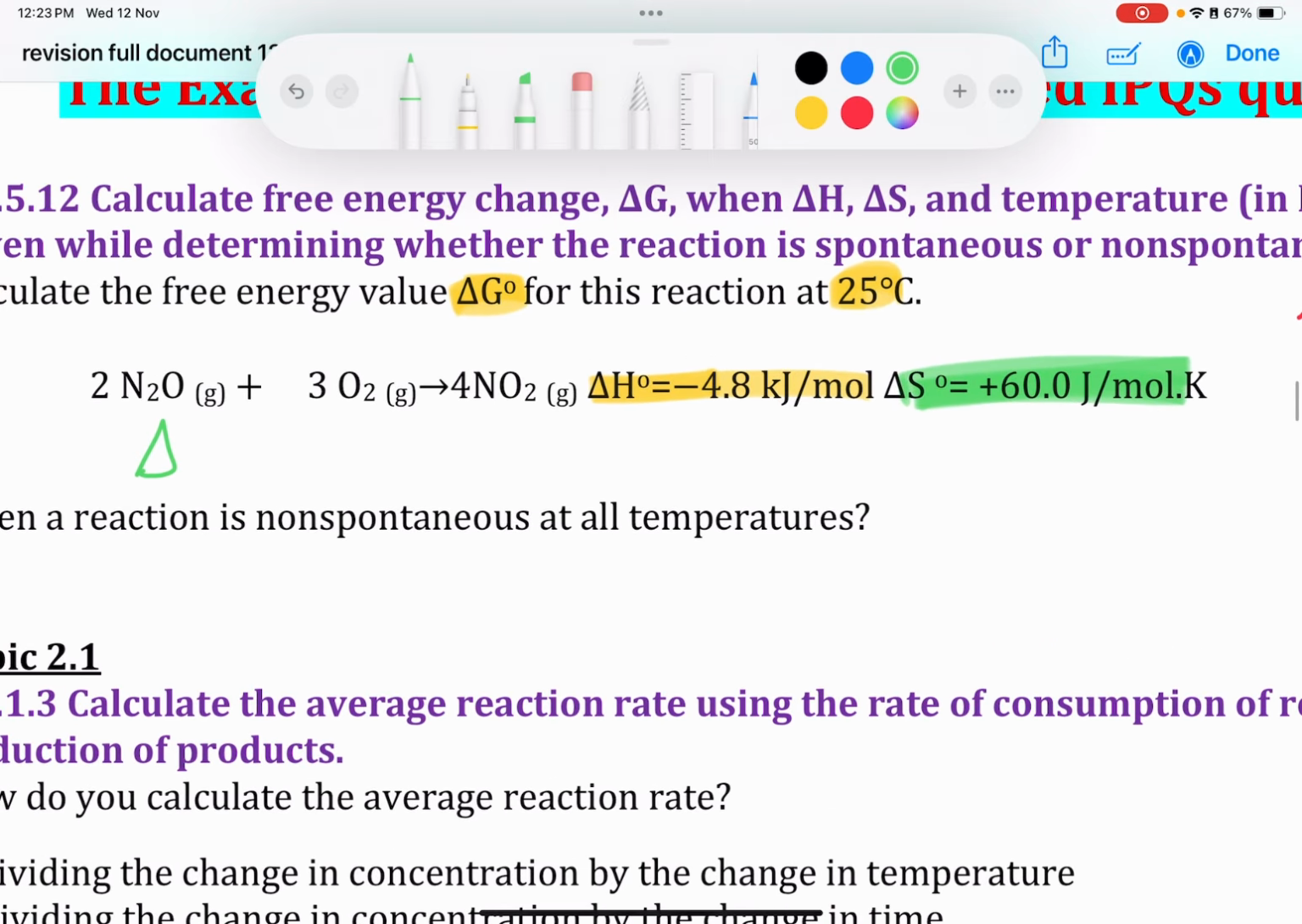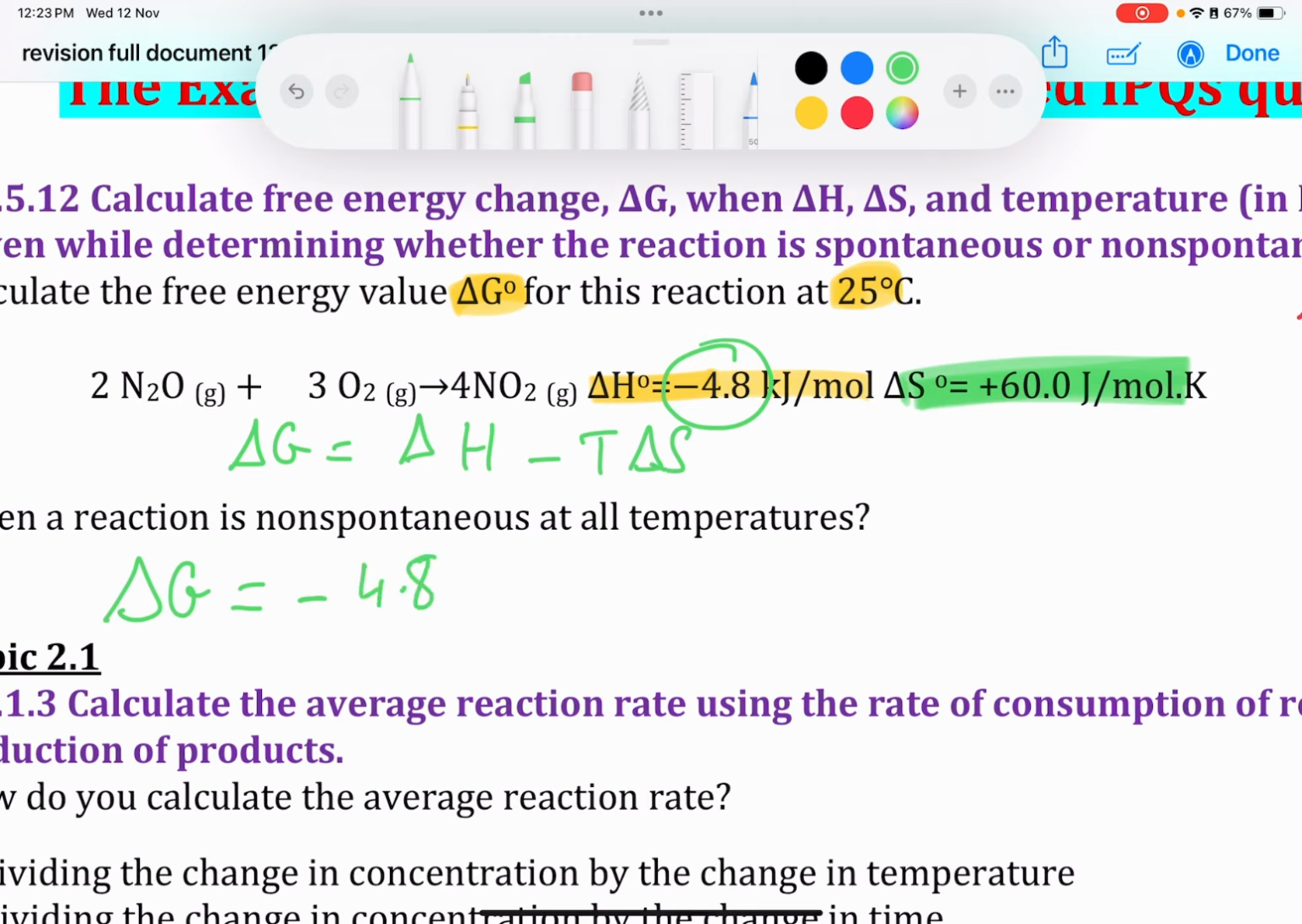Delta H is okay. So let me write here. Delta G is equal to delta H minus T delta S. So minus 4.8. And then this temperature must be converted to Kelvin. How? By adding 273 Kelvin. So it becomes